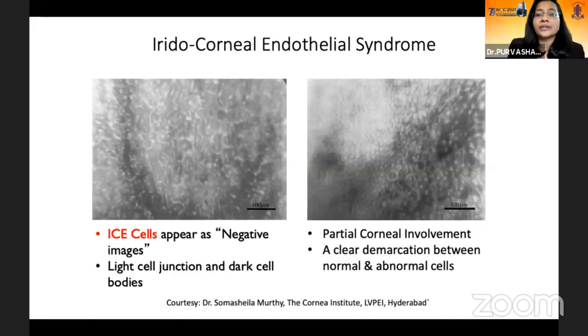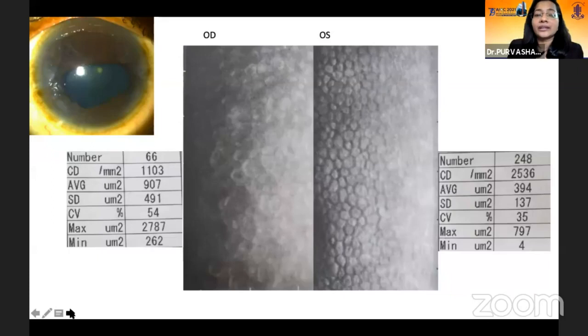In iridocorneal endothelial syndrome, or the ICE variety, the ICE cells appear as negative images, with light cell junctions and dark cell bodies. It's basically a light-dark inversion, and partial corneal involvement may show a clear demarcation between the abnormal and the normal cells. The other eye in cases of ICE syndrome, if we do specular microscopy, we'll see a drastic